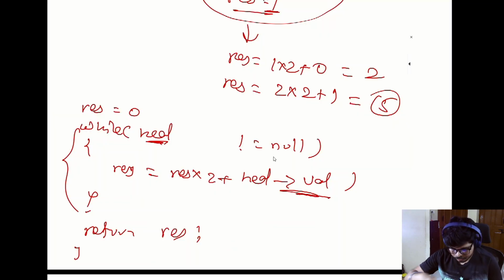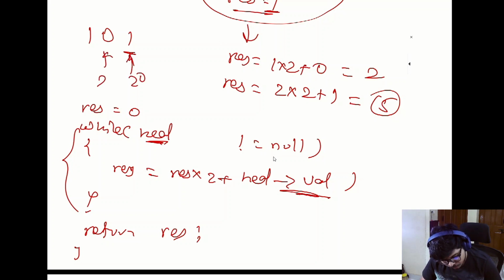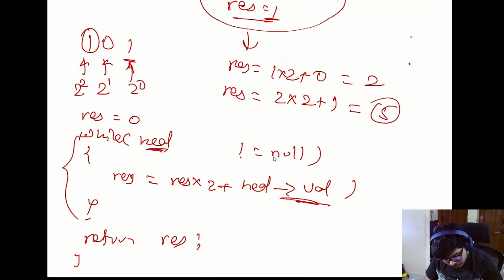What I am saying is that 101 is there. So here the bit is getting multiplied by 2 to the power 0. Here the bit is getting multiplied by 2 to the power 1. Here the bit is getting multiplied by 2 to the power 2. So initially, when I'm starting from here, I'm multiplying it by nothing, because the result